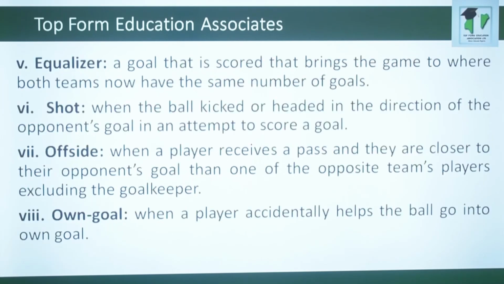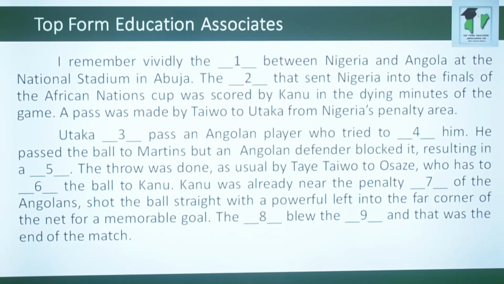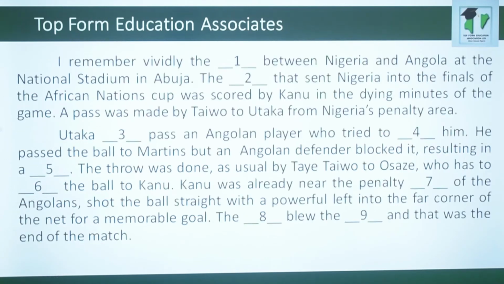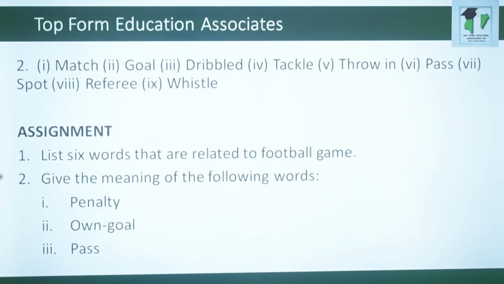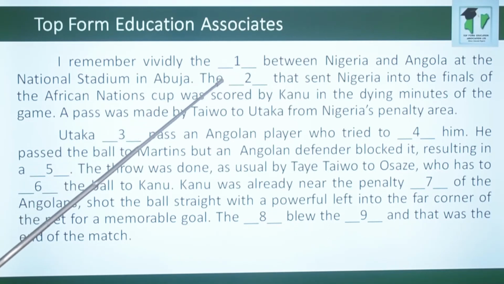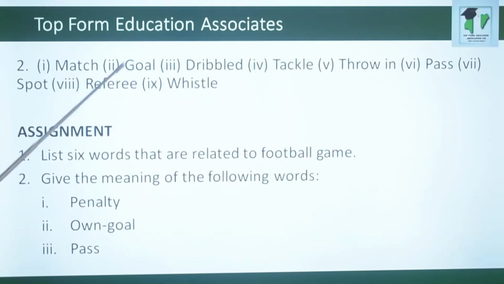Then we go to the second evaluation, which says you should use the words in the box to fill in the gap in this passage. These are the words in the box. Now we are going to be taking it one by one. I remember vividly the match, remember? Between Nigeria and Angola at the National Stadium in Abuja. The goal